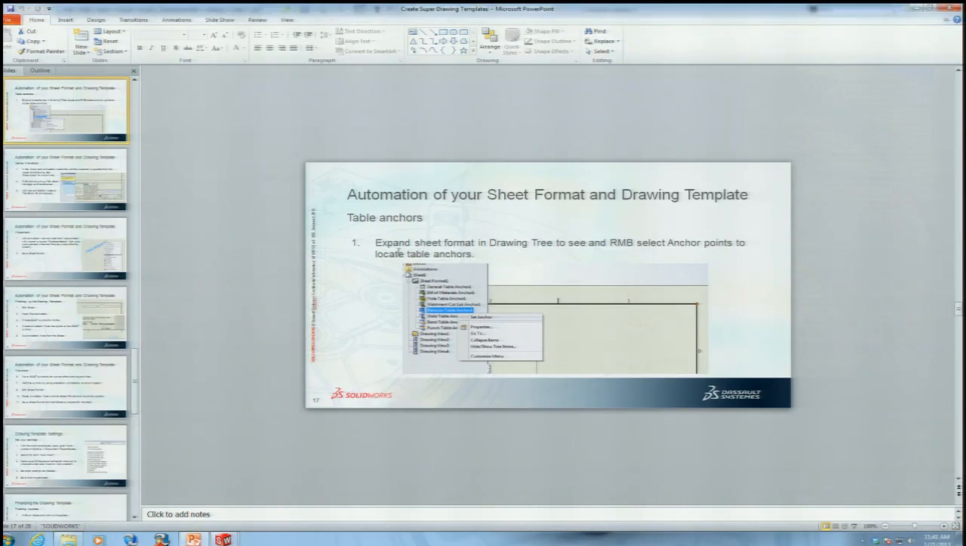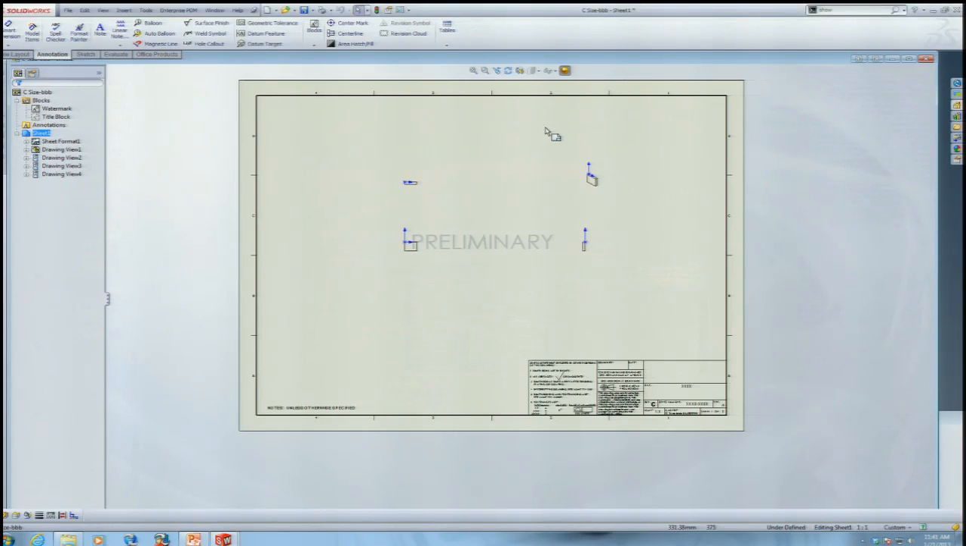Okay. We're going to do table anchors now. If I save this right now with these files in it, I can do two things. I can save this as both a drawing template and a sheet format. Even though I have a drawing of a part on here, that's not going to get carried over to the part template. Much like part templates and assembly templates, you can't store geometry of any type inside of the template itself. So if I save this first as a sheet format,